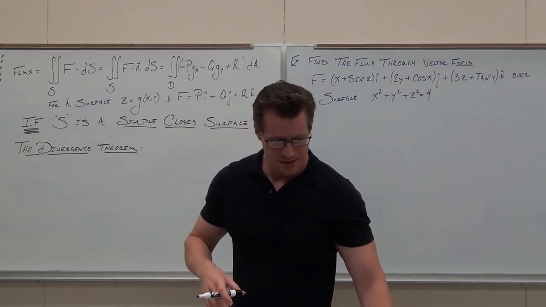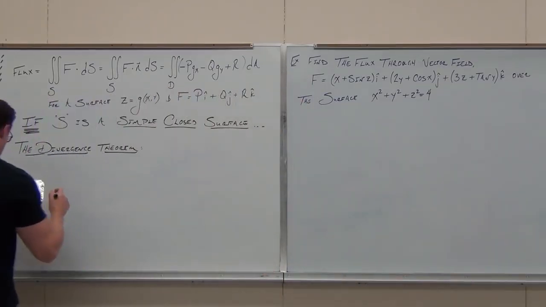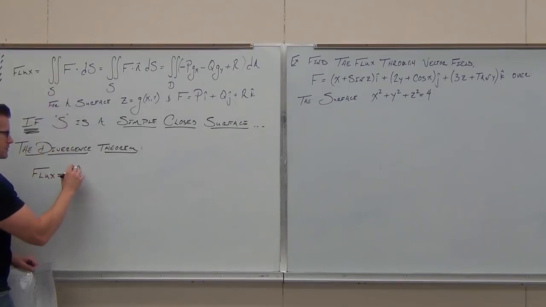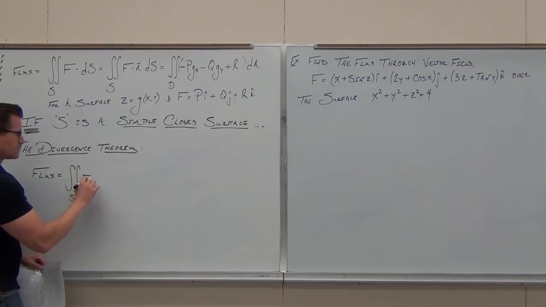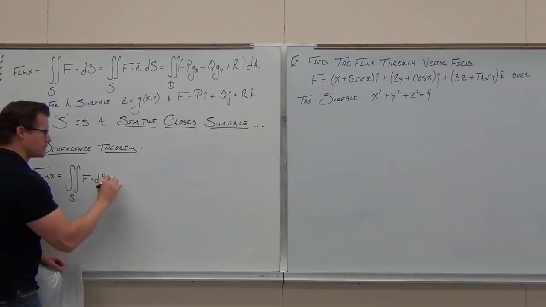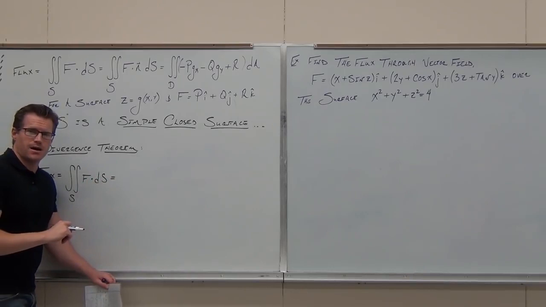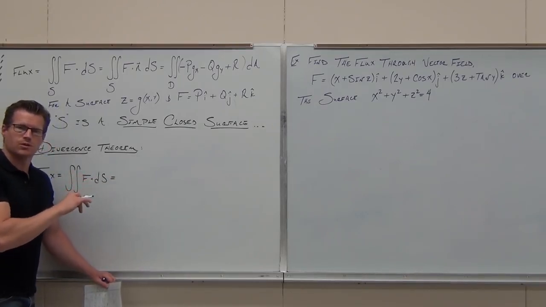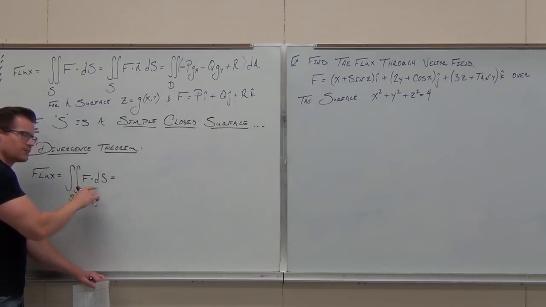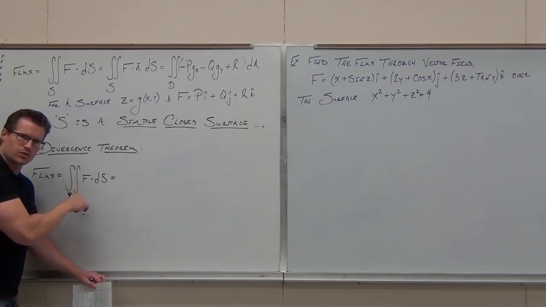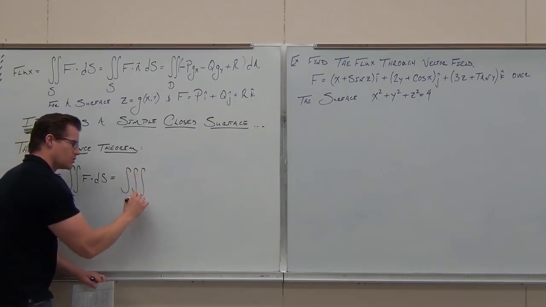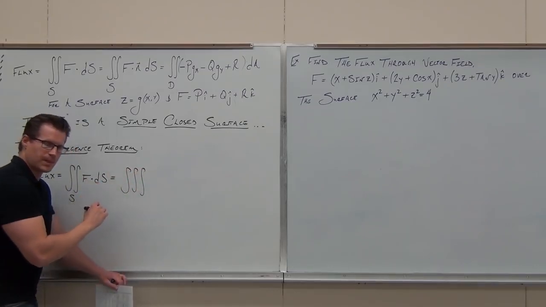Here's how it does it. It says if you want to calculate the flux, which is normally this, if we have a simple closed surface, we can change it. Instead of thinking about this as a double integral over the surface, we can think about it as the triple integral